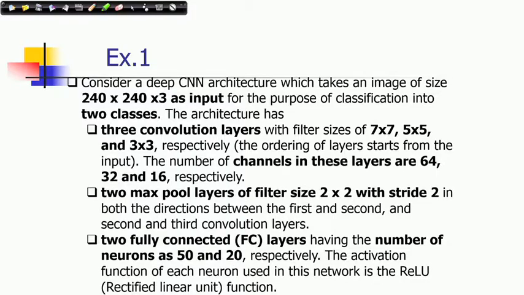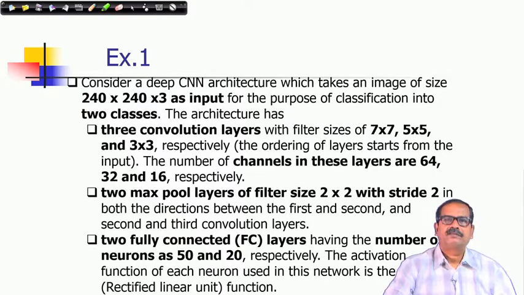given a specification of convolutional neural network. So, consider this exercise: a deep CNN architecture which takes an image of size 240 cross 240 cross 3 as input. So, in the input there are 3 channels, and for the purpose of classification into 2 classes, the architecture has 3 convolution layers, where in each layer the filter sizes are 7 cross 7, 5 cross 5 and 3 cross 3, and the number of channels in these layers are 64, 32 and 16. So, these